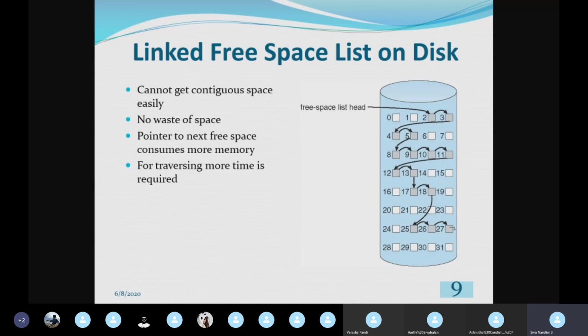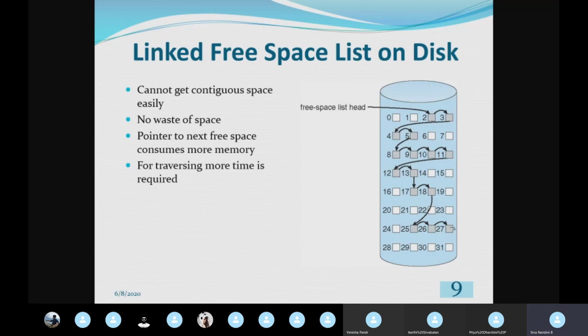So here we don't get contiguous space. The free blocks available may be scattered. We can combine those scattered free blocks by means of a link here. For that we have a pointer to the next free space. The first free logical block will have a pointer to the second free logical block. The second free logical block will have a pointer to the third free logical block. Likewise, we will have pointers up to the last logical block. The last logical block will have a null pointer representing it is the last free logical block.